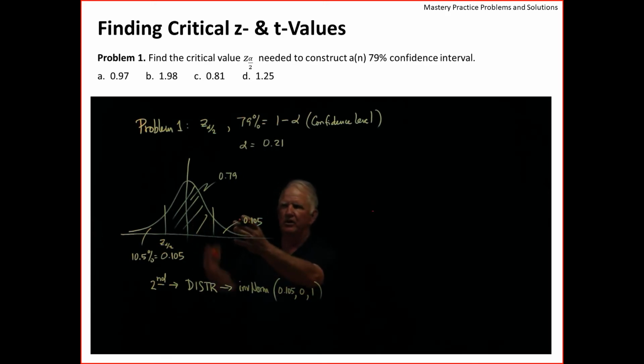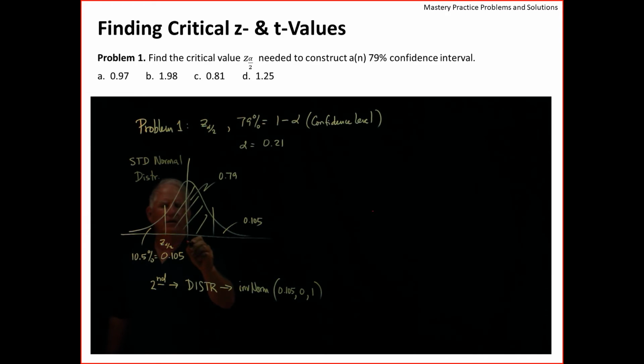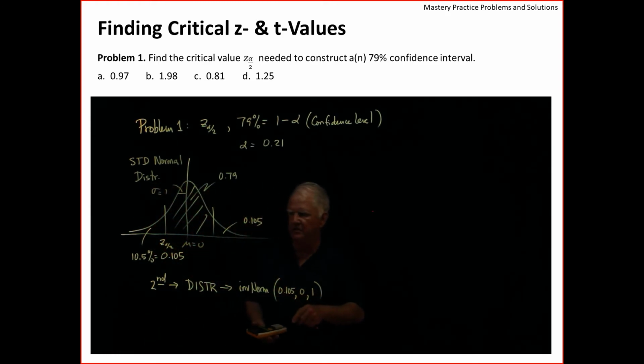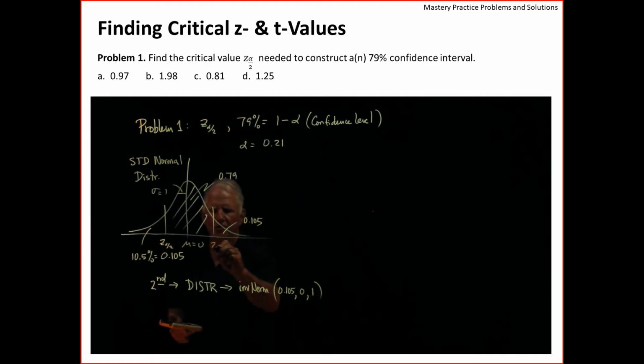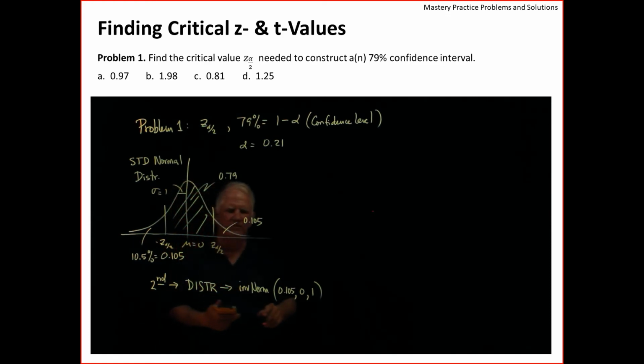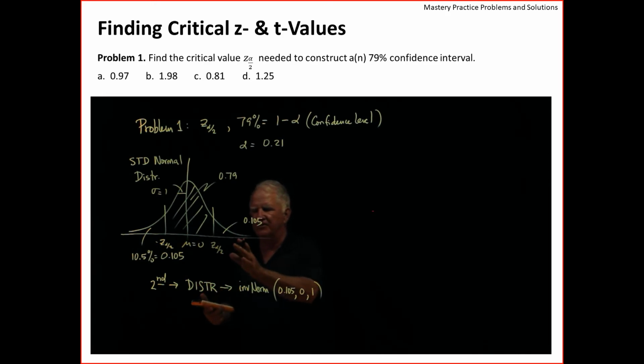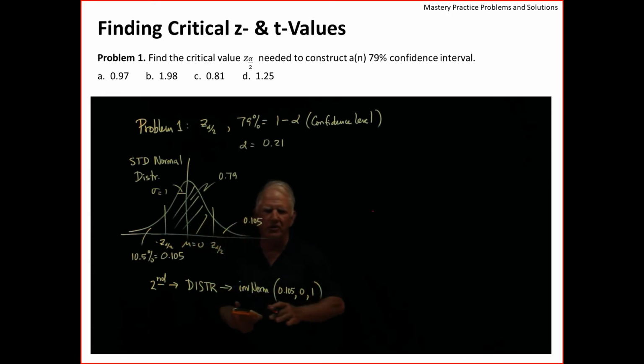Because we're dealing with the standard normal distribution, which has a mu of 0 and a sigma of 1. If I load the calculator with this and tell it to go, it is going to spit back this z alpha over 2 value. Note that because of symmetry, you've got a positive value here and a negative value here. There will come a time when we're very concerned about the sign, which one of these two we're looking at. But for now,